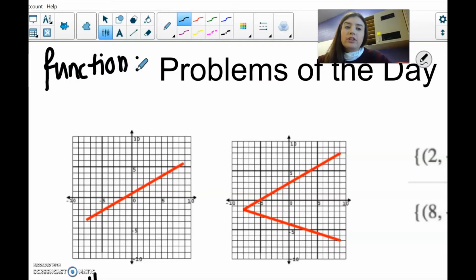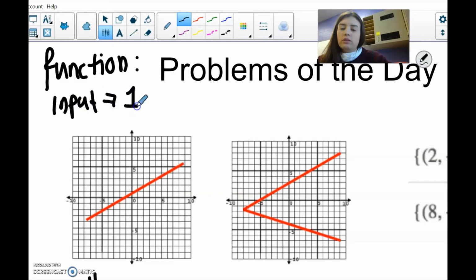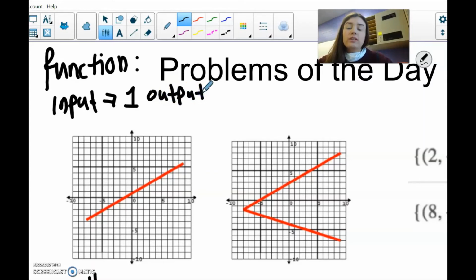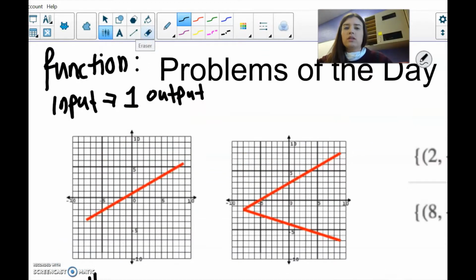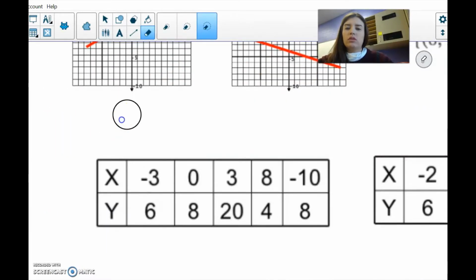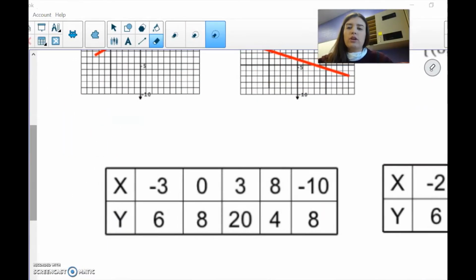Right, a function is when every input has only one output. Okay, we check this in a few different ways. For our graphs, go down here. Erase this real quick. Okay, so for our graphs,